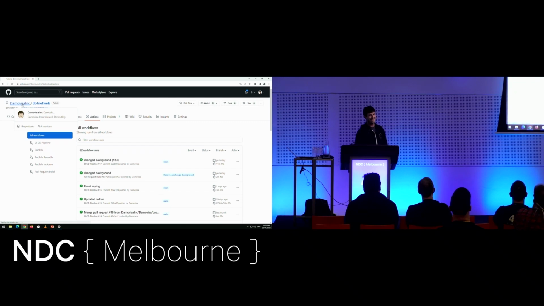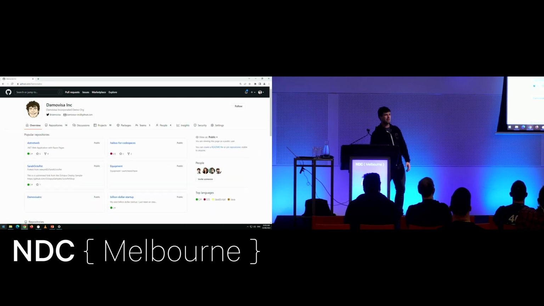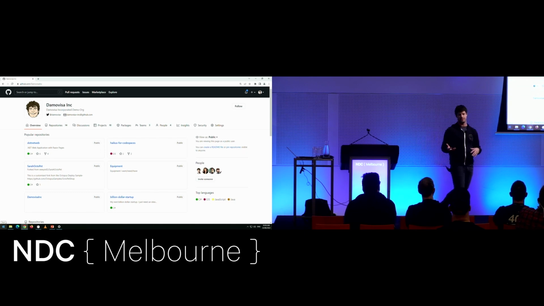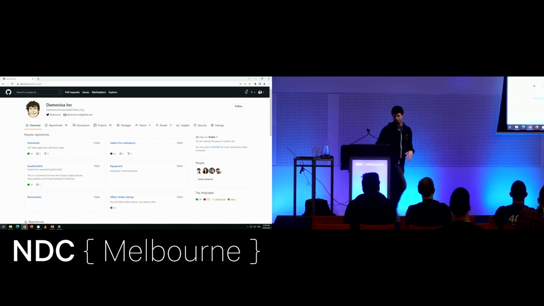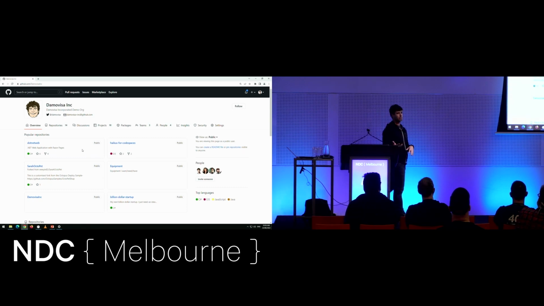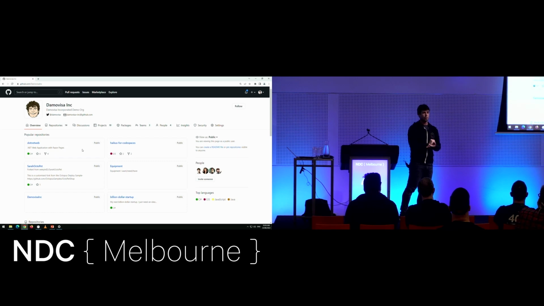It's a repository that we use to track events, so in real life events that we're going to sponsor or attend, right? We use the issues to track those events, and we use project boards to move them around and triage them and things like that. We have an actions